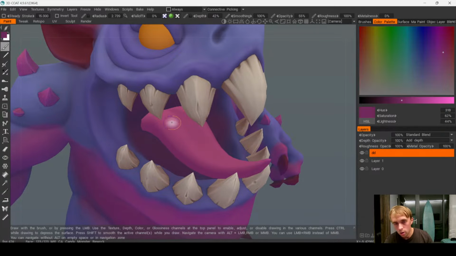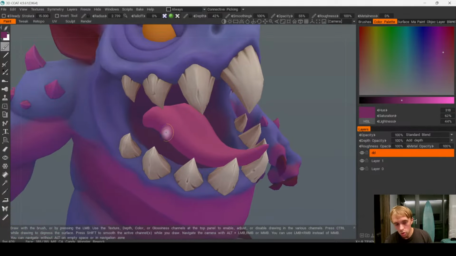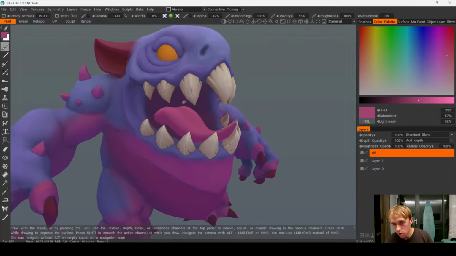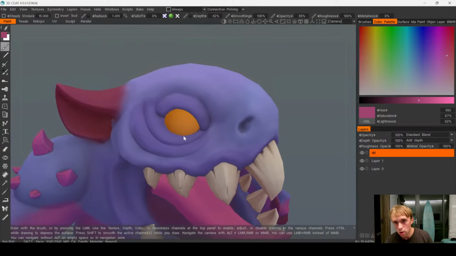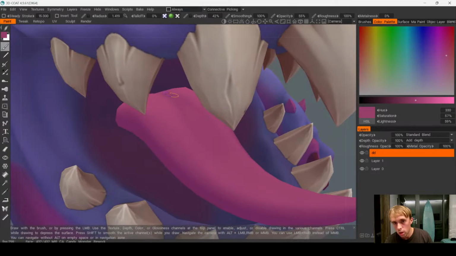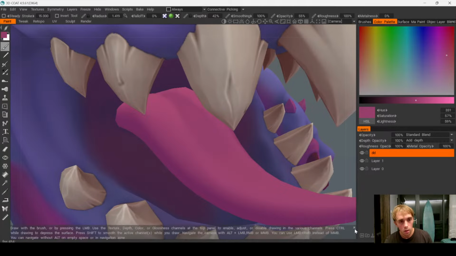I will pick this color, and the best thing you can do is not to rush with the contrast. Don't paint over something like this, or add any new colors right away once you have something like this, because your first step will be detalization. I will show you in a bit. So don't rush with the contrast if you want a very detailed model. Instead, make something like this. You can see, damn, I forgot to make it on a separate layer. Anyways,